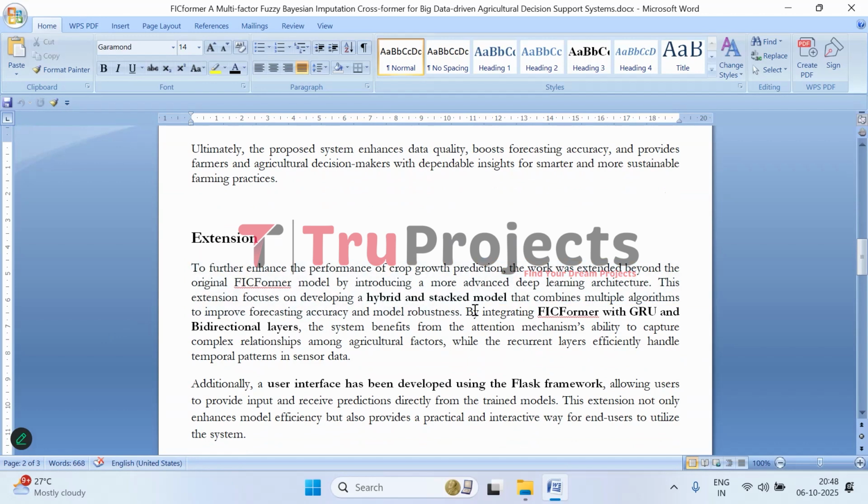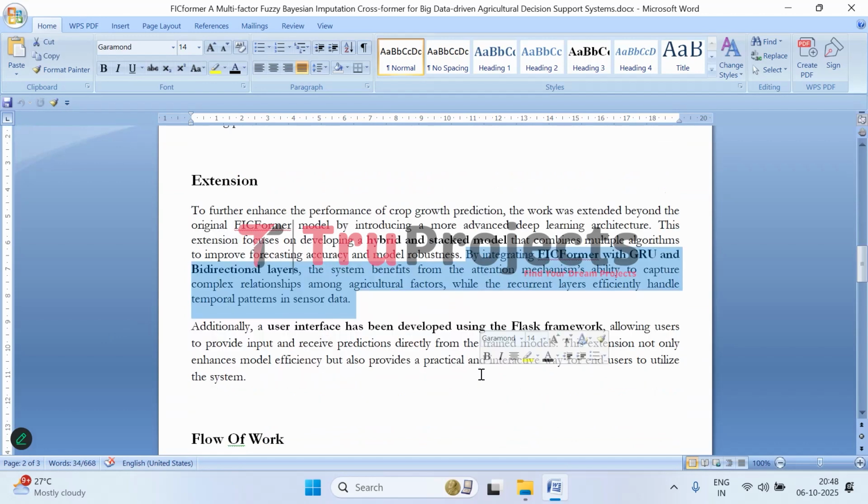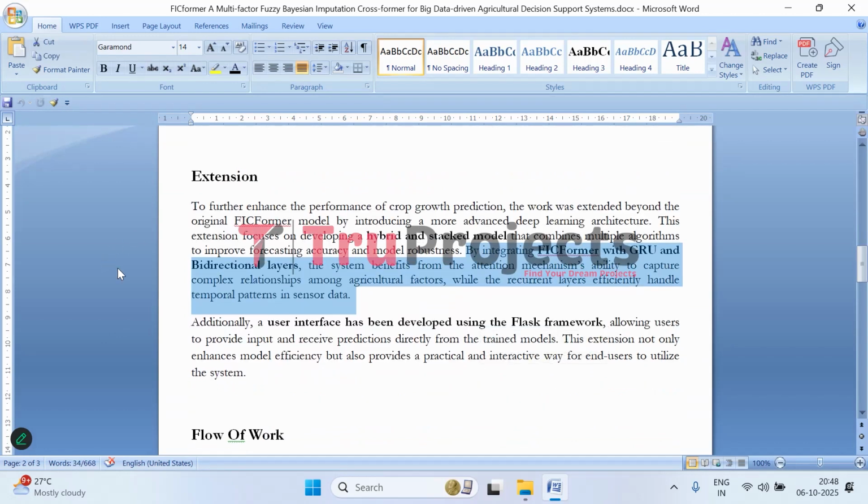Specifically, FICformer was combined with GRU and bidirectional layers. The attention mechanism in FICformer helps the system understand complex relationships between factors like temperature, humidity, and soil conditions, while the GRU and bidirectional layers are good at tracking patterns over time. Together, this makes the predictions more precise and robust, giving farmers better guidance for decision making.